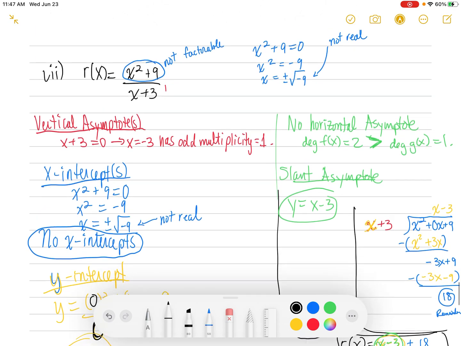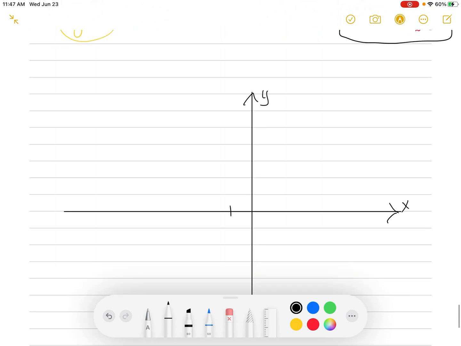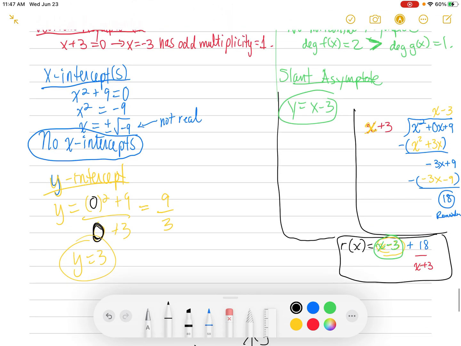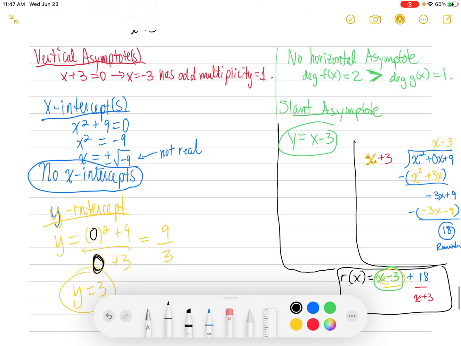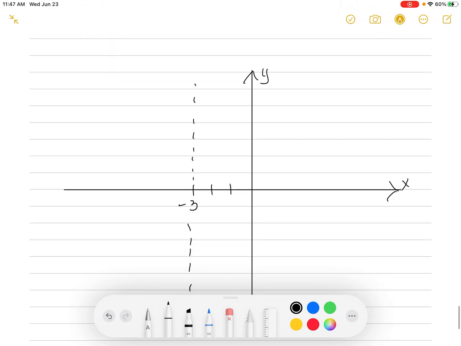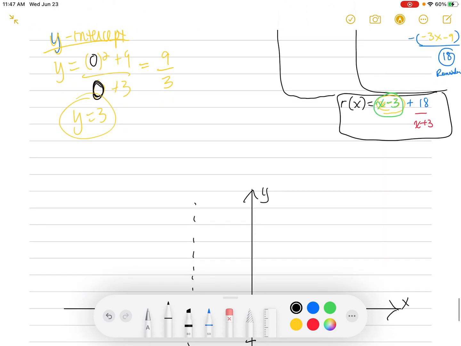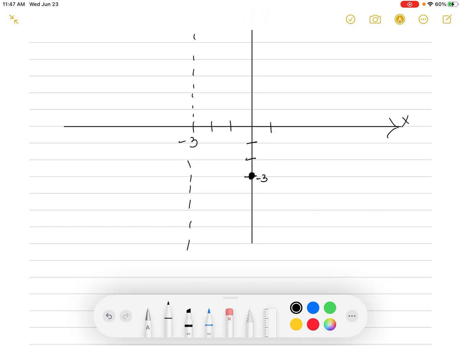I hope this one doesn't go too far off the page like the last one. That's not nice. All right. Okay, so we're going to put in everything that we have. We're going to put a vertical asymptote at -3. We're going to put a slant asymptote at y equals x minus 3. So that minus 3 is going to be our